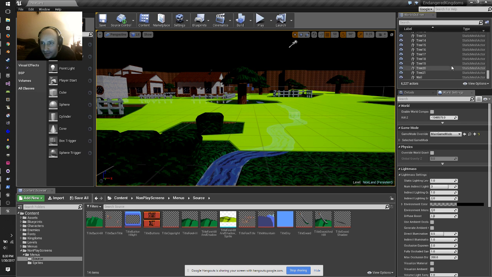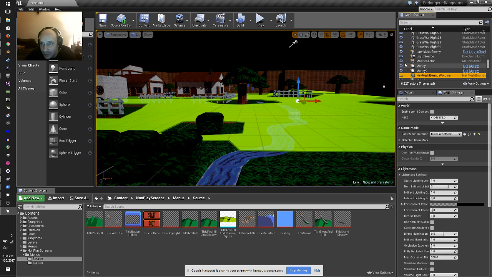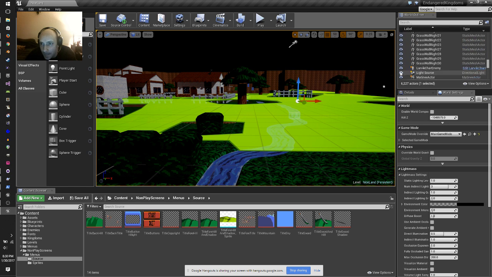Search for it, dude. Where? You're talking about the green thing? There's a shortcut for that. It was like F10 or F11 or something. There we go. Where's the... What is it called? It should be the nav mesh that you're trying to hide. Yeah, but there's another one.